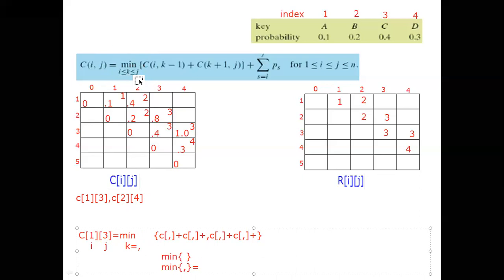Meaning is i to j, 2 to 2. That means 1, 3 means i is 1, 2, 3. How many values? There are 3 values, right? 1, 2, 3. All the k values you have to calculate: 1, 2, comma 3. I hope it's clear. Do not consider only 1 and 3. The meaning is 1, 2, 3. That is why you have to calculate. Start with 1. Next one is 2. Next is 3. Right. Now we will do for k is equal to 1.